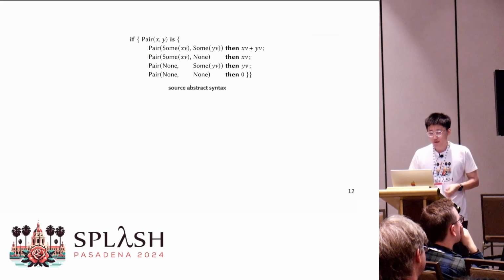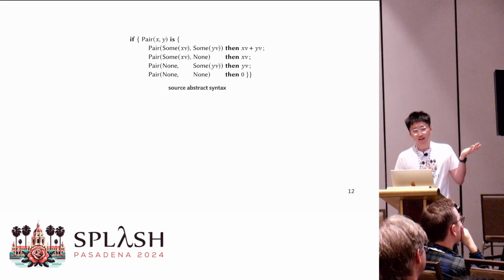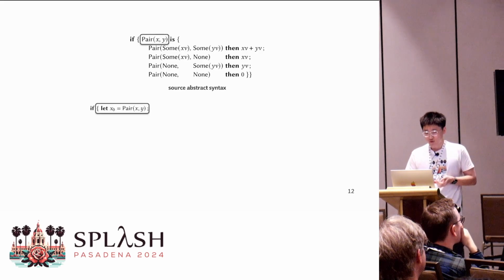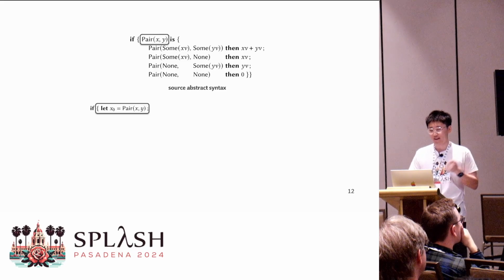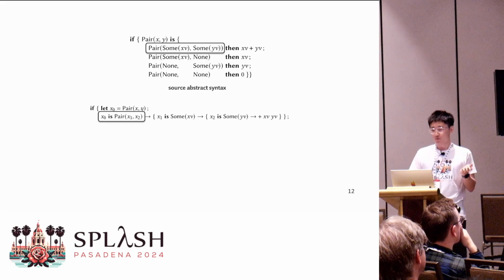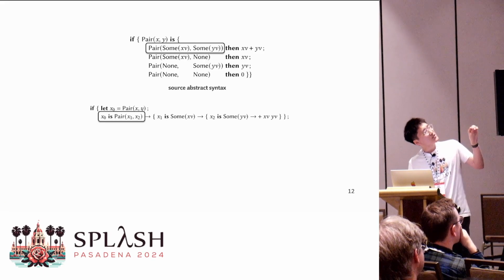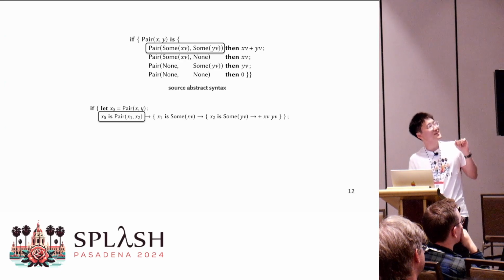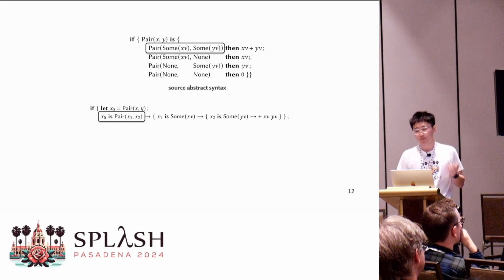So let's look at the scrutinee first. We notice that it is not a variable. So we first create an interleaved let binding from the scrutinee because it's not a variable. Then we go through the patterns one by one. The pattern of the first case is a nested pattern. So we start from the outermost pattern, the outermost constructor pair. We create a flat pattern matching and test it